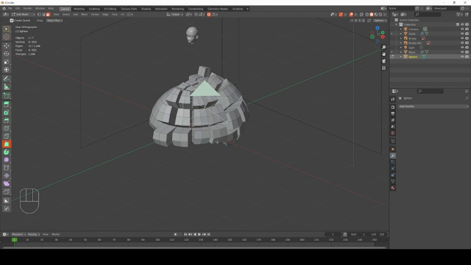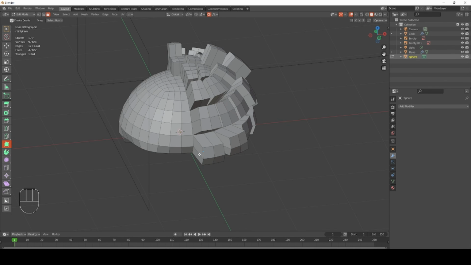So now that we have all of our islands here created, what we can do is we can select all